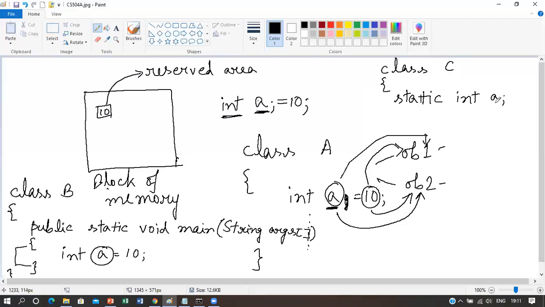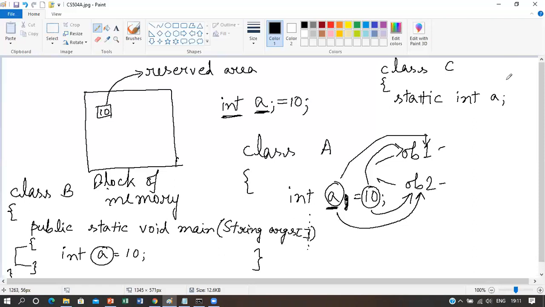So here we can see that this A is a class variable because this is normally defined inside a class directly. So we can call it instance variable, but no, we can't call it instance variable because a static keyword is written before it. Whenever you write a static keyword before these type of variables which are directly written inside a class, they are known as static variables or class variables.